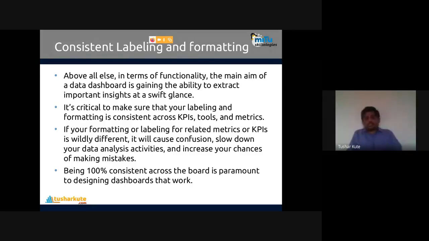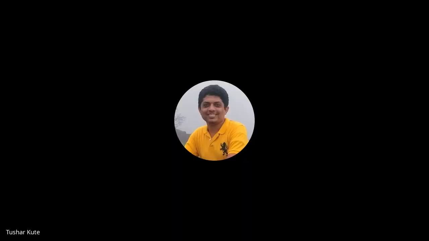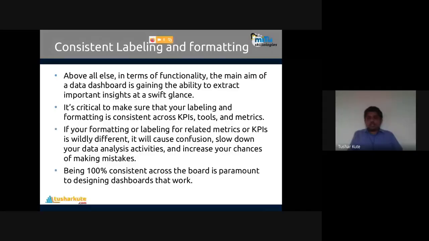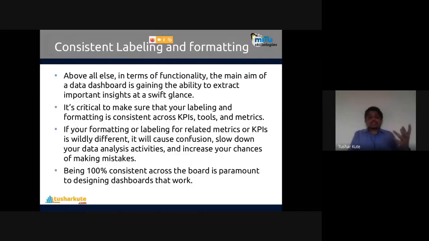Like somewhere it is underlined, somewhere it is bold. So if labeling for related metrics or KPIs is widely different, it causes confusion, slows down your data analysis activities and increases your chances of making mistakes.